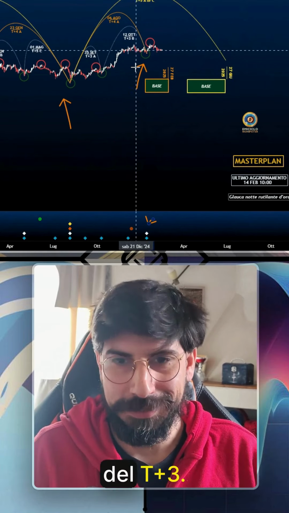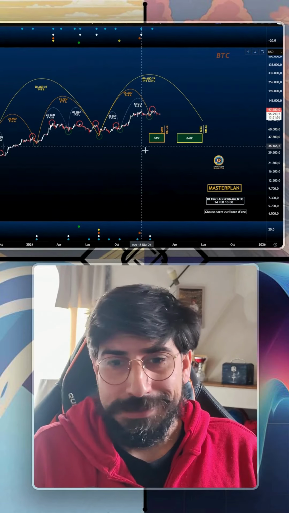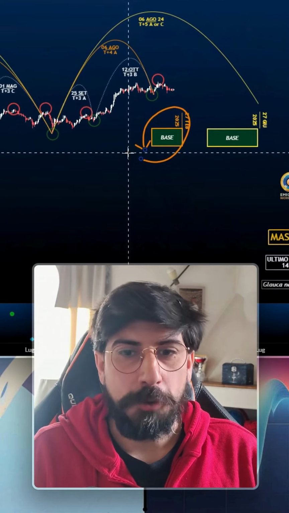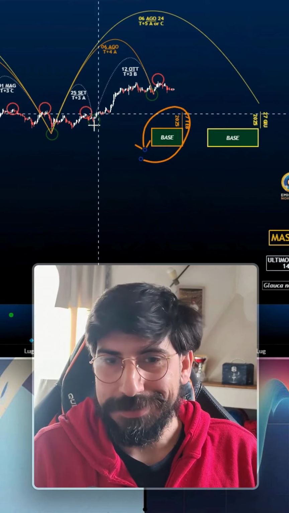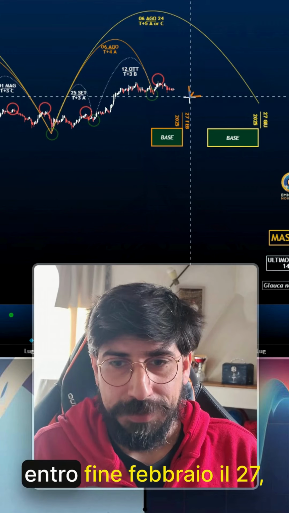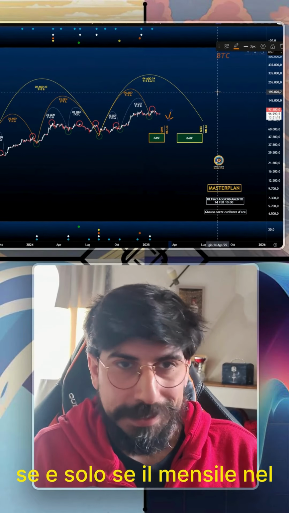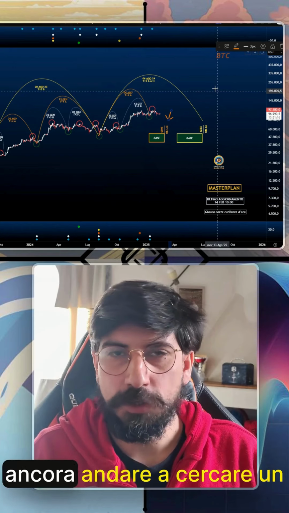the renowned Director's Arst. However, despite this, you can still observe the reference laboratory's box chart, which is adamantly insisting on maintaining a base closure for the semi-annual period. Consequently, this closure could still potentially occur by the very end of February, with a specific expected date set for the 27th. However, this is only true if the monthly chart we are currently analyzing still aims for a closure